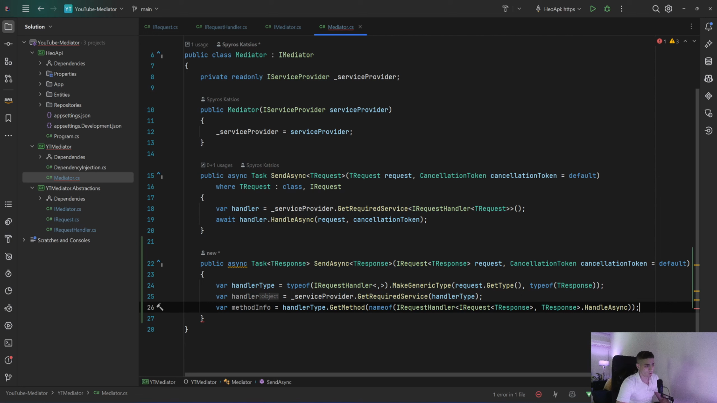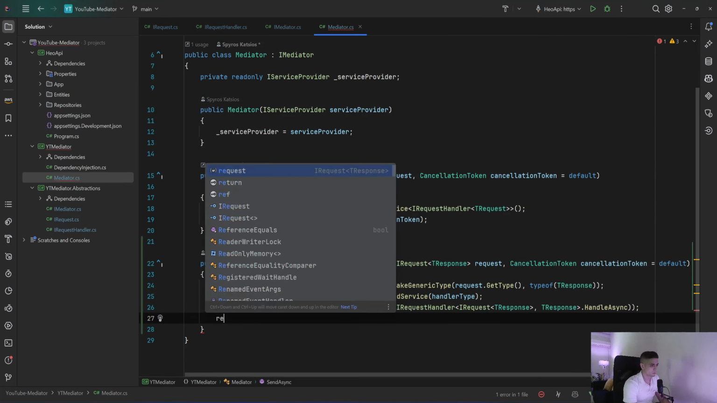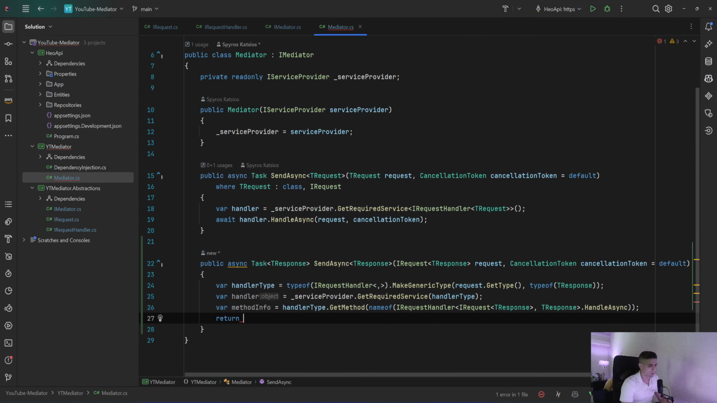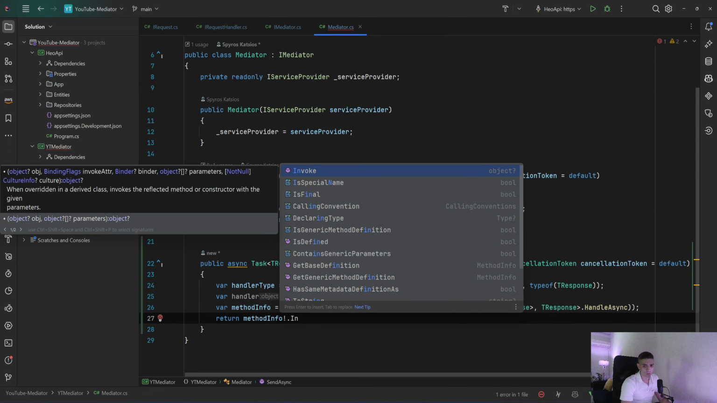But anyways, now we have the method info, so now we need to invoke it. So let's say var response or just return it, and we need in that method info that it should not be null. We won't do null checks etc. in this video, so we need to call the invoke method, and we need to pass the instance of the